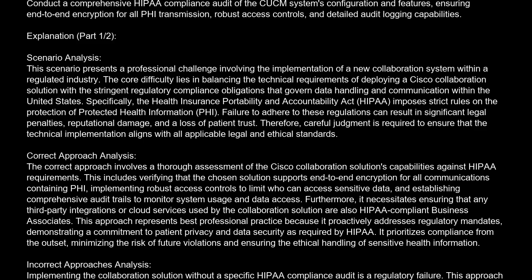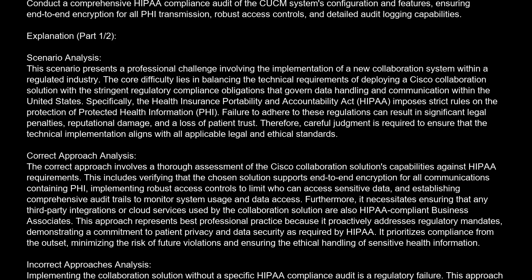Correct answer is A. Conduct a comprehensive HIPAA compliance audit of the CUCM system's configuration and features, ensuring end-to-end encryption for all PHI transmission, robust access controls, and detailed audit logging capabilities. Explanation. Scenario analysis. This scenario presents a professional challenge involving the implementation of a new collaboration system within a regulated